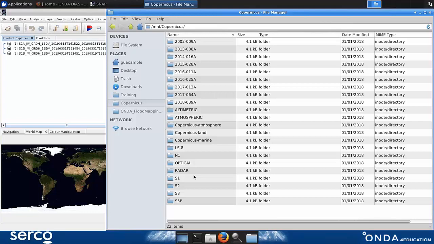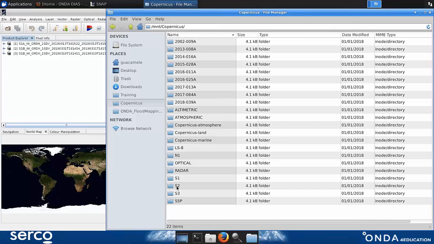For example, if you're looking for optical data, you can go via the optical folder, but if you know that you want Sentinel-2 optical data, you could also go via the Sentinel-2 folder. This doesn't mean that there is a duplicate of the product. Those are only different paths to reach the final data. So don't think that we have different folders that contain the same data and we are wasting resources. It is not the case